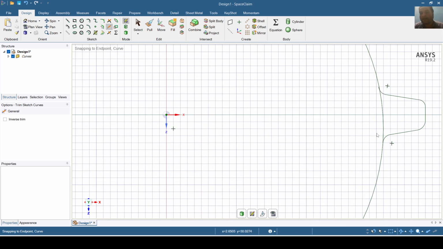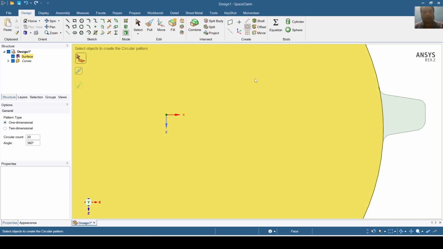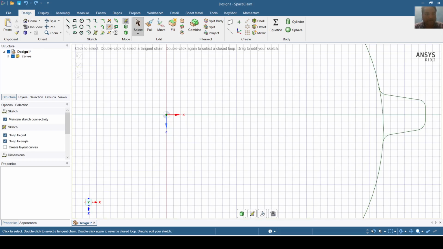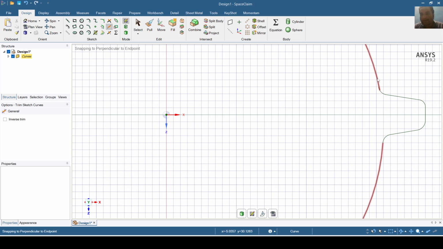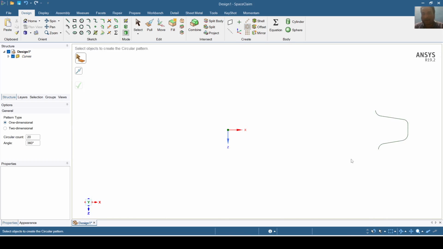and I will now create a circular pattern using this circular pattern tool, and I will have to first delete this circle here, and I will undo, and I will trim this circle here first, and now I will create the circular pattern. I will select all these objects using the box command, and I will use